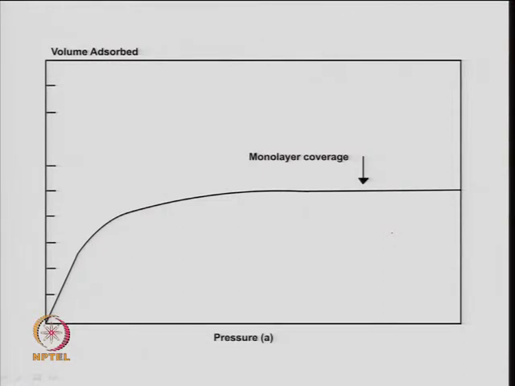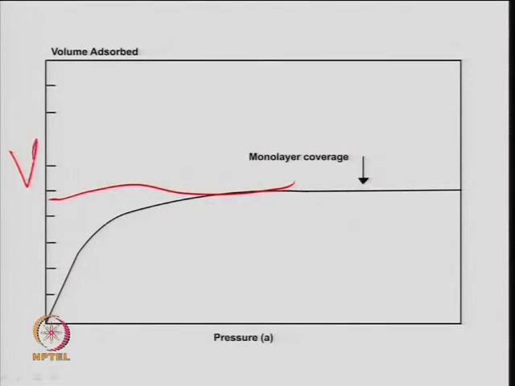Once you have V, the volume adsorbed as a function of pressure, the Langmuir isotherm is nothing but that, as we already talked, because the Langmuir isotherm describes monolayer coverage. So this is a kind of monolayer coverage in this case. Here it is the volume of gas adsorbed as a function of pressure, and you will have something like Bp upon 1 plus Bp, what we talked about last time, or Kp upon 1 plus Kp, where capital K is the adsorption equilibrium constant. Rate of adsorption is equal to rate of desorption.